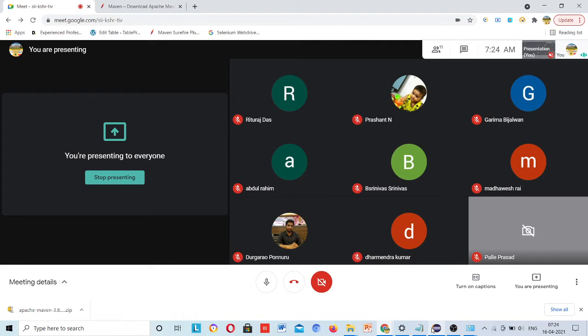Previously we were running our programs one by one, right click, Java application. But what happens if you have thousands of scripts? You are not going to run all your scripts one by one, because it will take time. For that we have TestNG.